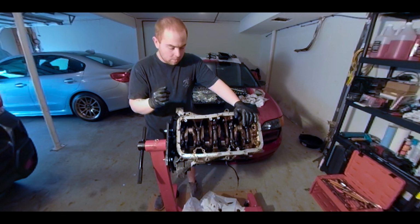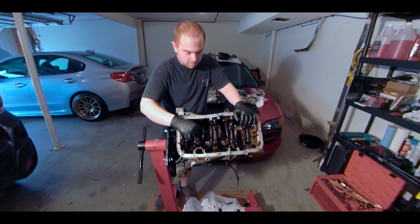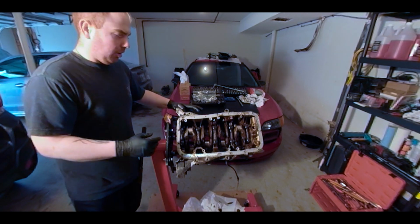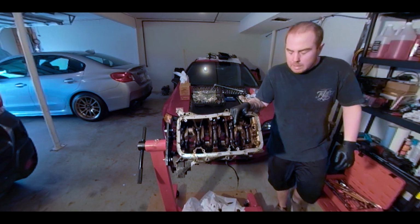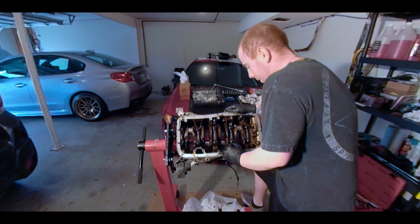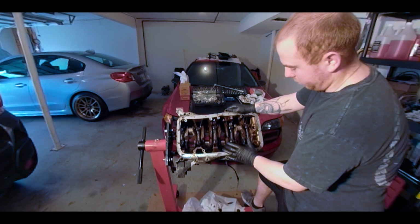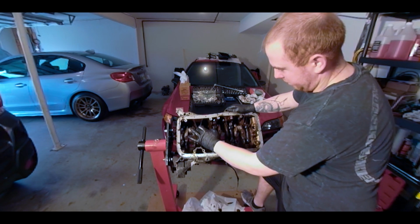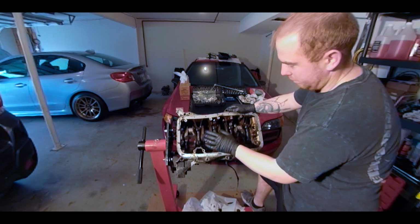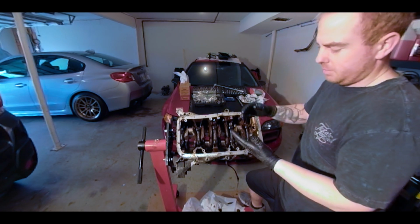Broke the torque on the crankshaft bearing caps. I don't know if there was a specific order. I'm in the light, I'm gonna come on this side. I did go ahead and start at the corners. I went 1, 2, 3, 4, 5, 6, 7, 8, 9, and 10. I know that's gonna matter on reinstallation, but I couldn't find anything